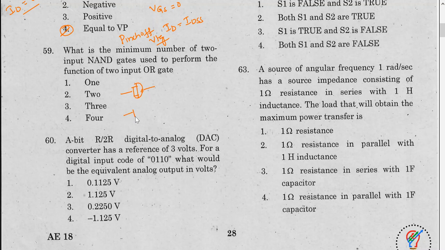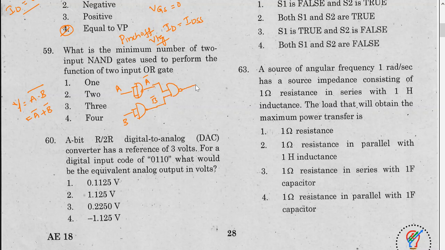So this will be one NAND gate, and another NAND gate. See here, the NAND gate output will be what? Generally, the NAND gate output y is equal to (a dot b) whole bar, or I can write it as a bar plus b bar. Now I will take the a here. So A gives A, here you will get it as A bar, and here if I get B, it's B bar.